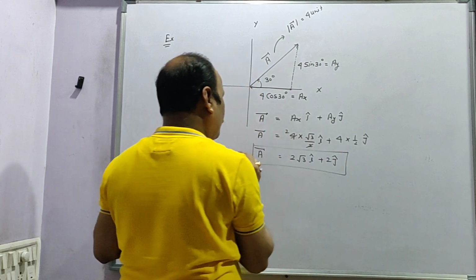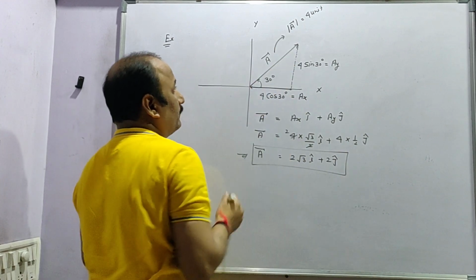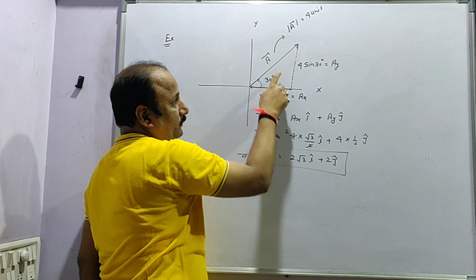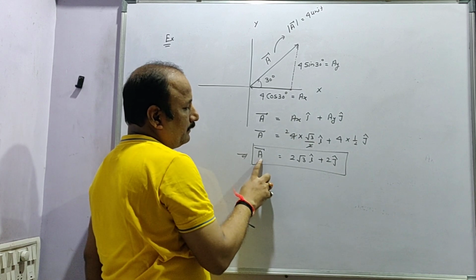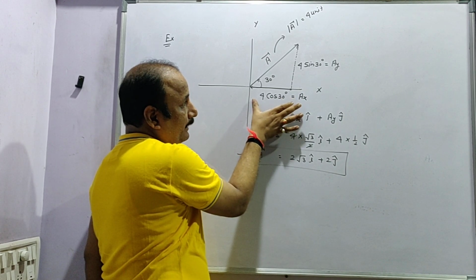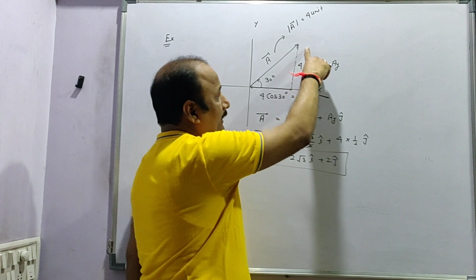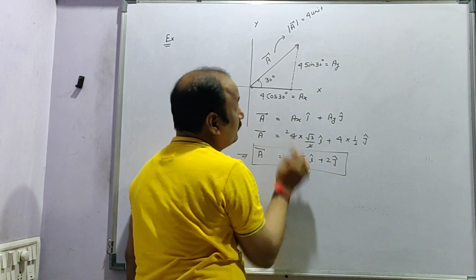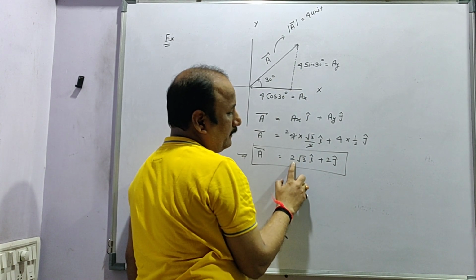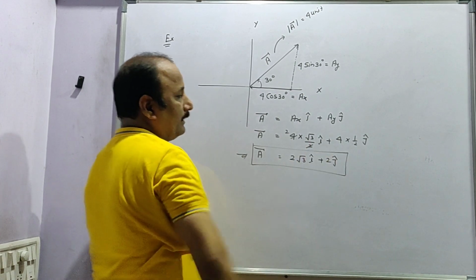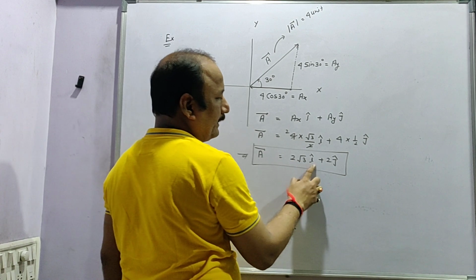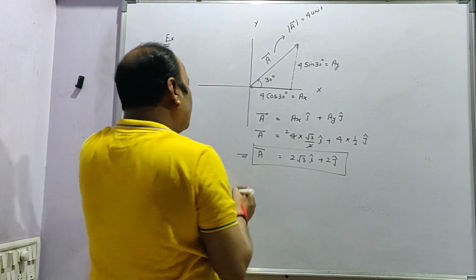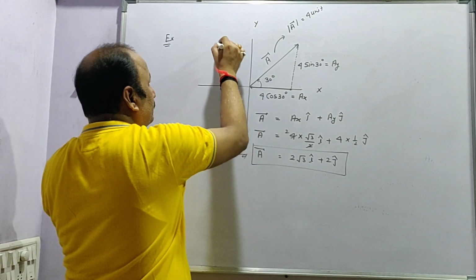This is the vector A whose magnitude is 4 unit and direction with respect to x axis is 30 degree. So this is basically AX I cap, this one is AY j cap. Now the vector A, that is AX I cap plus AY j cap, can be written in rectangular form, that is 2 root 3 I cap plus 2 j cap. Similarly, let us take another vector.